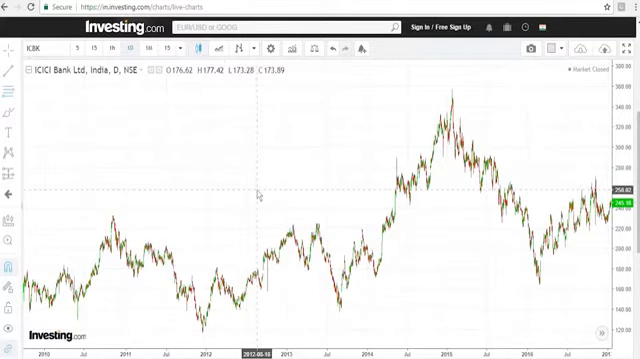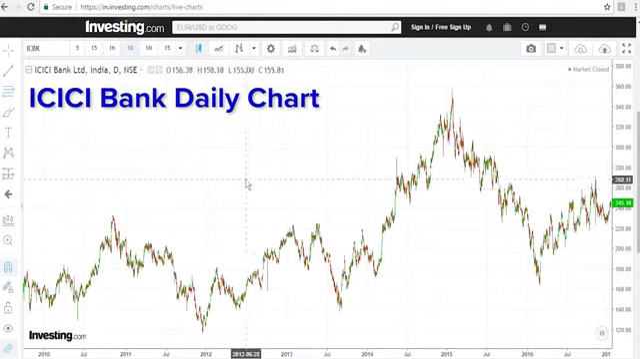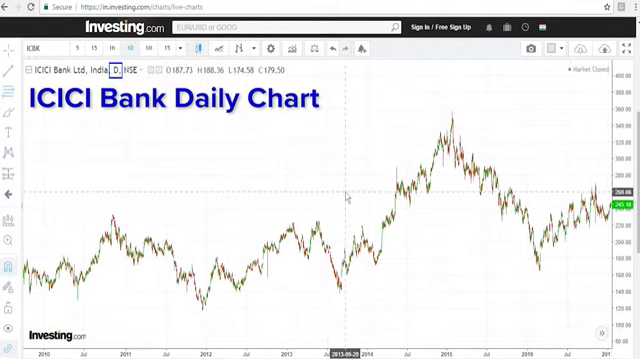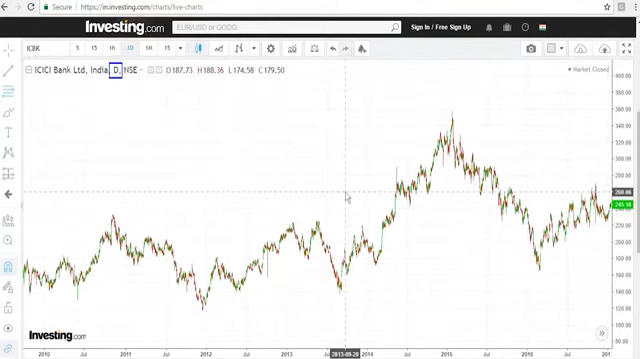Let us begin here. Here we are looking at the Icici Bank chart. So let us begin with the Icici Bank chart. Here I am in investing.com, and here I am looking at the daily charts. You should remember one important thing, that when we are talking about retracement or extension, time frame is not that important. Here I have taken a daily time frame